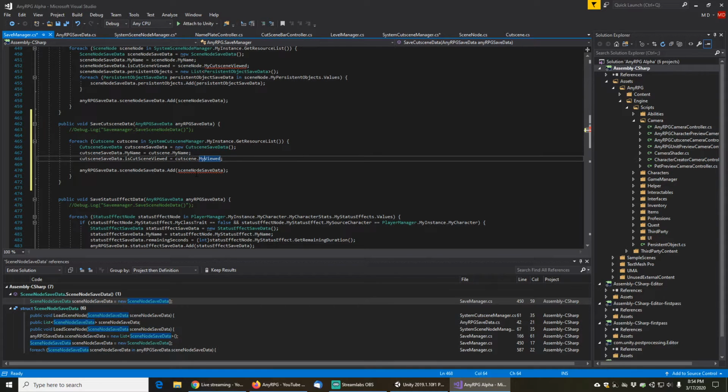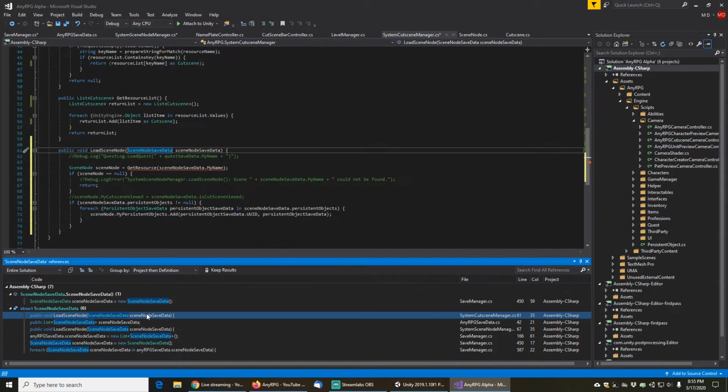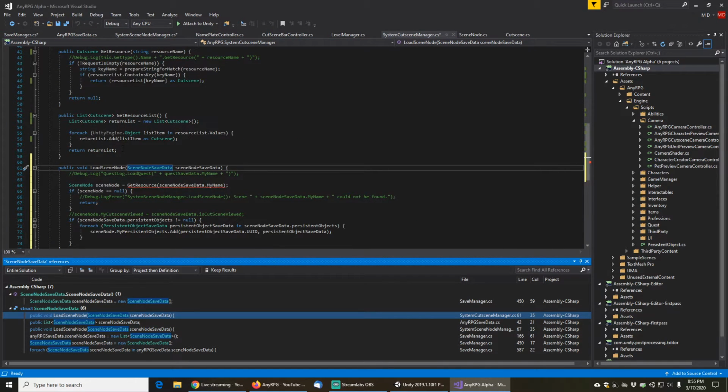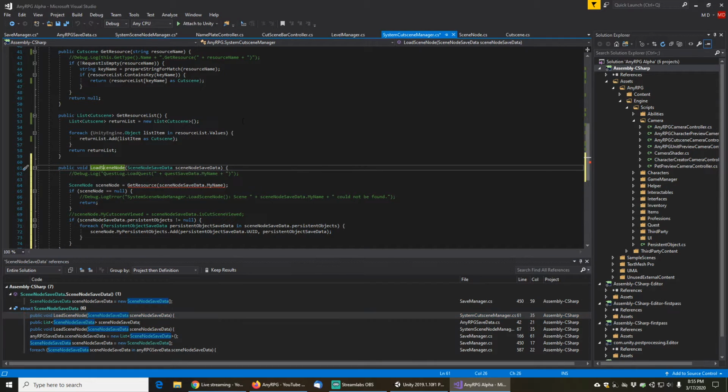And we're going to add to the cutscene save data list. Okay, then here we've got load scene node, and this should actually say